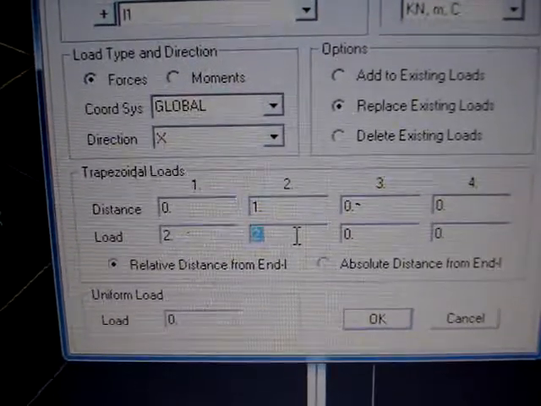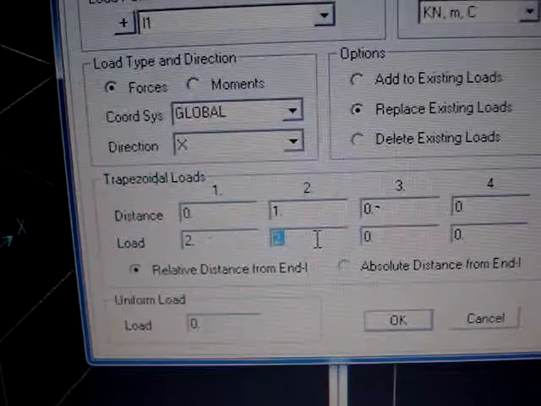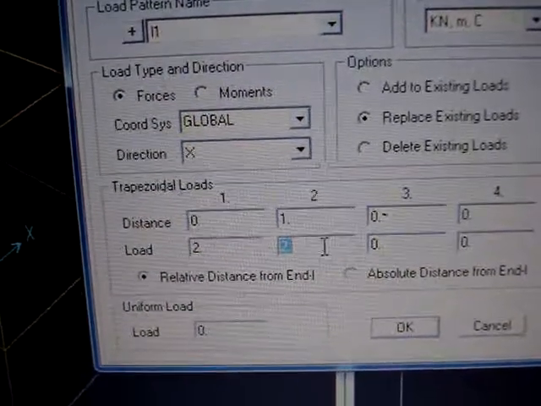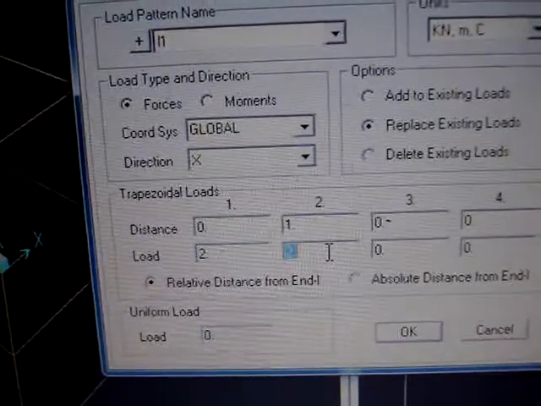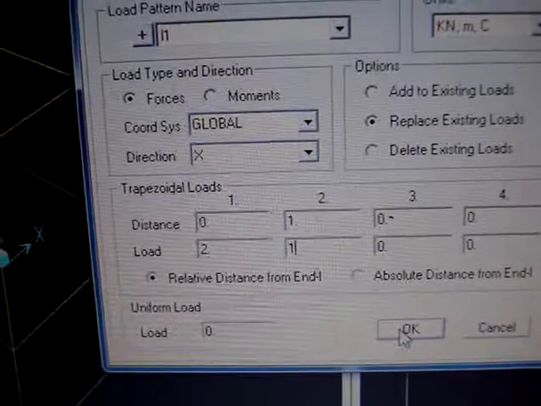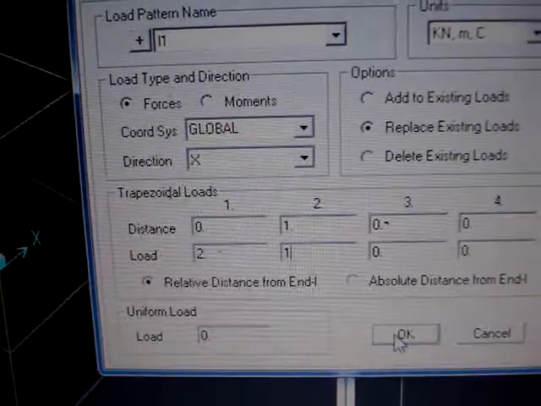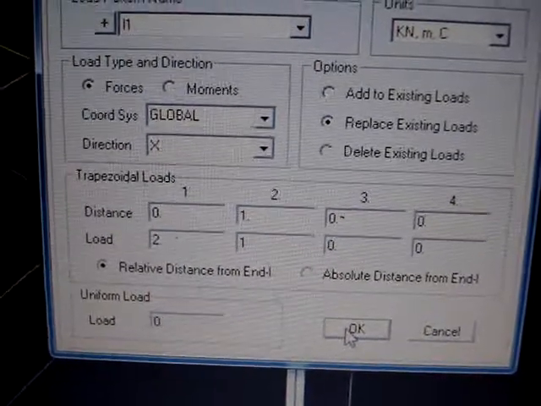For example, if I want to change the load pattern, I don't want to keep it as a uniformly distributed load. If I want something in some other fashion, like a uniformly distributed with a triangular load, say I change the value to 1, so a particular load will appear on the screen. This can be changed according to your requirement. We'll quickly go through this. We'll go to OK. So you can see on the screen,